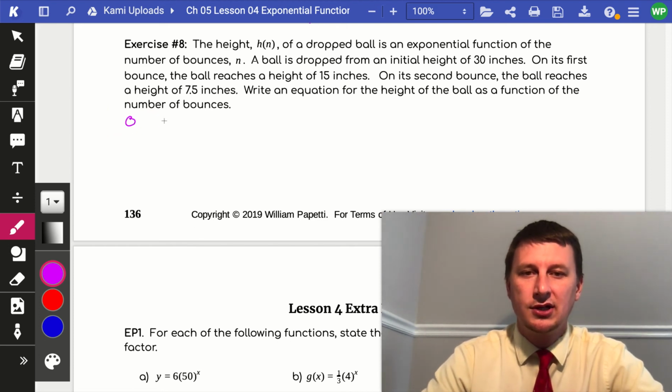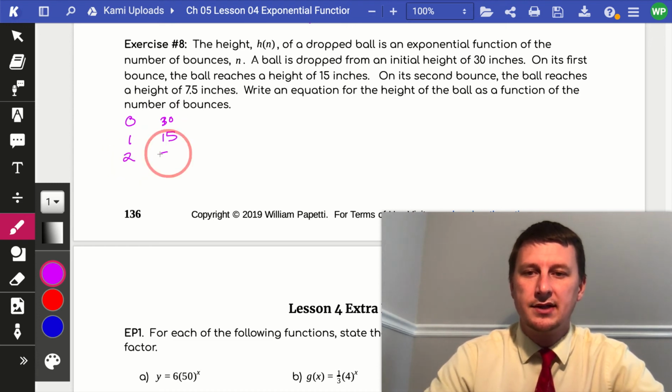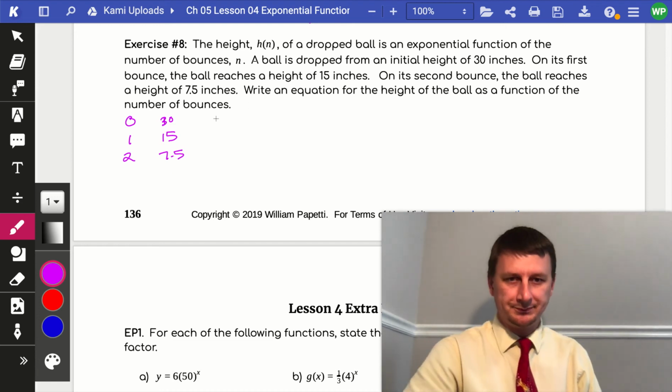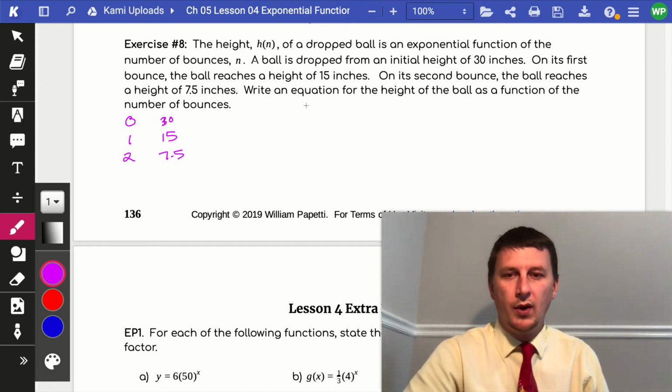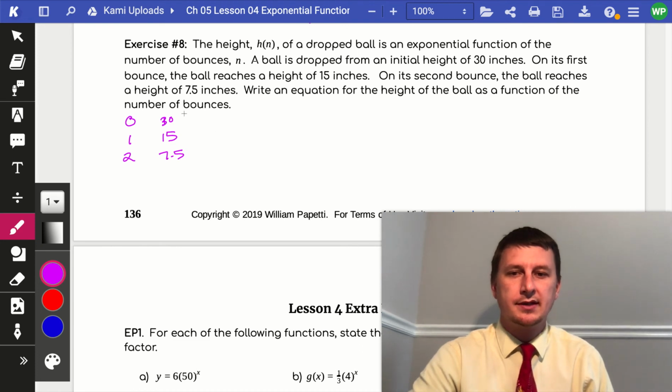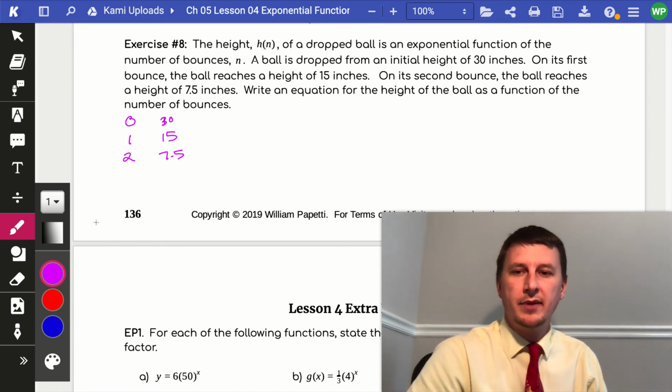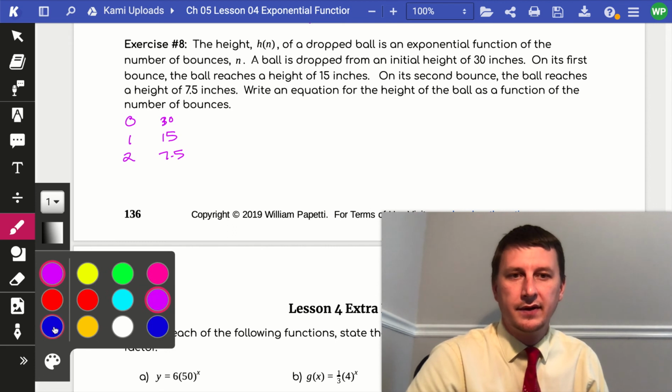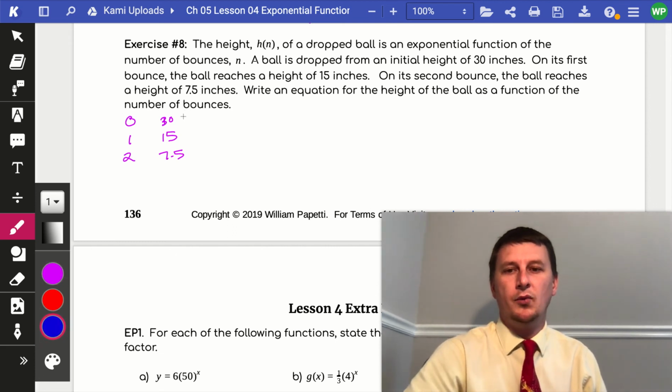So we have an initial height of 30 inches. So no bounces, 30 inches. After one bounce, it returned to a height of 15 inches. Two bounces, 7.5 inches. And it continued this pattern, it said. So what equation could represent this information? And we don't have exactly that it is going to be an exponential function, but we can determine that